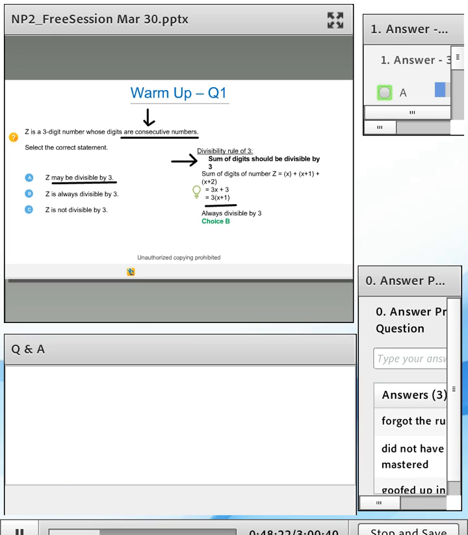Okay. All right. So for my feedback to all, how many did we count? 16 of you: you always need to make sure that you learn the divisibility rules. Okay. So that's the first level of feedback for all of you. Now I also noticed that there were certain students who selected choice B rather quickly, within the first 30 seconds, and certain other students who took a little bit more time to process.